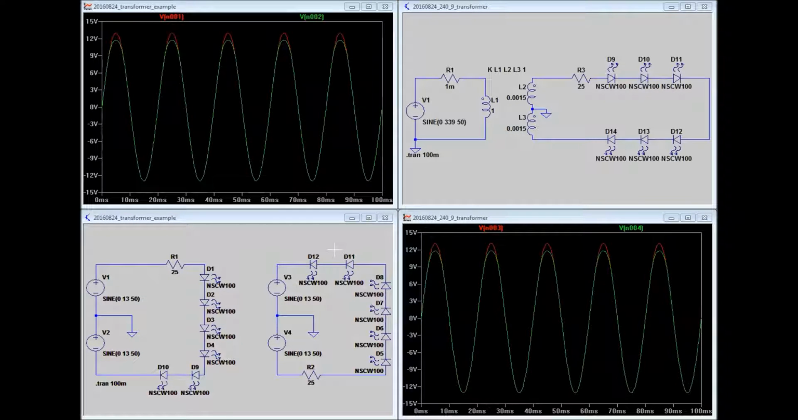So this is the solution for last week's class. Last week's class we were trying to build a transformer, and the transformer secondary could be represented by two voltage sources like V1 and V2, representing here L2 and L3. So if I check the voltage here, it's